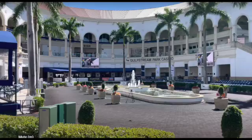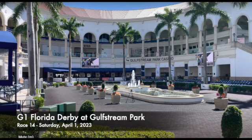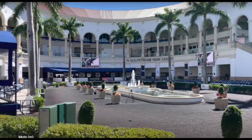Now we'll get into the analysis of this video. It's going to be the 14th race at Gulfstream Park for Saturday, April 1st, 2023. This is the Grade 1 $1 million Florida Derby for 3-year-olds traveling 1 1/8 on the main track. Scheduled post time 6:40 p.m. Eastern Time. We have a full field in here, so let's dive right in, beginning with number 1, a Jungfrau